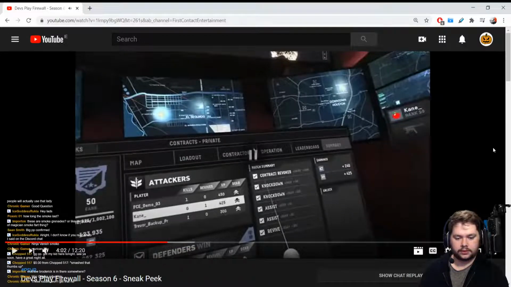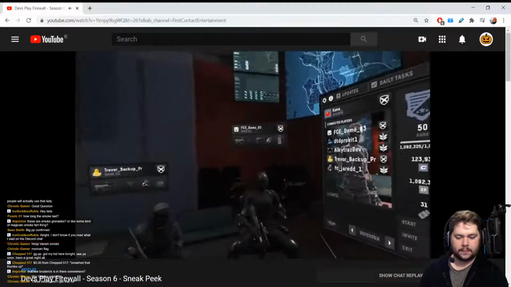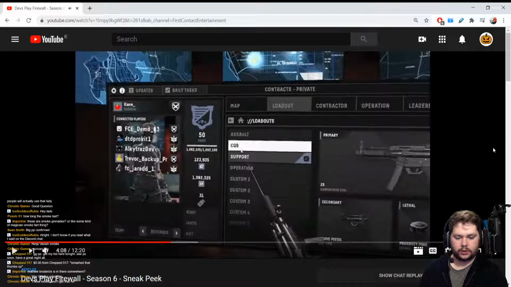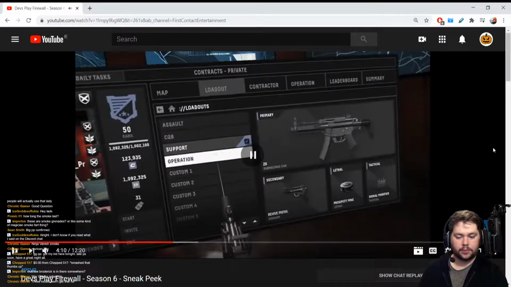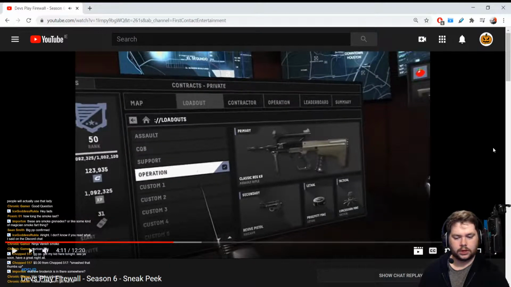I'm just keeping an eye out. He's probably not going to show off the skill name. Let us know in the chat, I don't think so. All right, here we got the loadout. Now we're going to switch up our loadouts, on the operation loadout here, which it looks like he's about to. If he clicks loadouts a little bit...